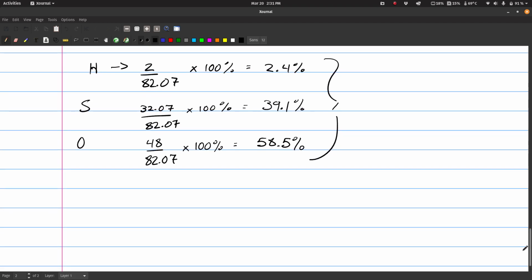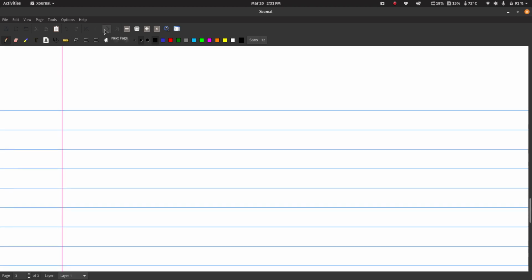All right, so I have one more thing to cover. We're going to do 2 examples on if we're given percentages to actually calculate the empirical formula. It sounds a lot harder than it is, but it's really not. All right, so I'm going to go to the next page. All right, so let's go to how to determine